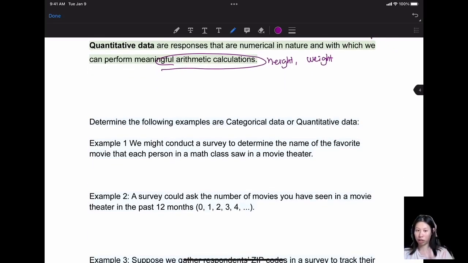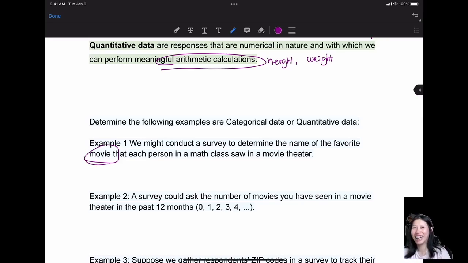Okay, so now here are some examples. Determine whether the following examples are categorical or quantitative data. Example 1, we might conduct a survey to determine the name of the favorite movie that each student in the math class saw in the movie theater. So look, you will conduct a survey. The response will look like what? Such as